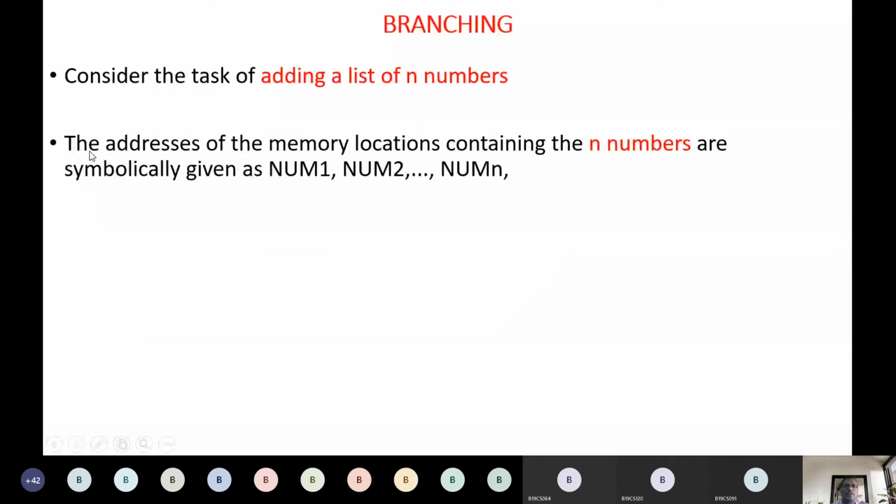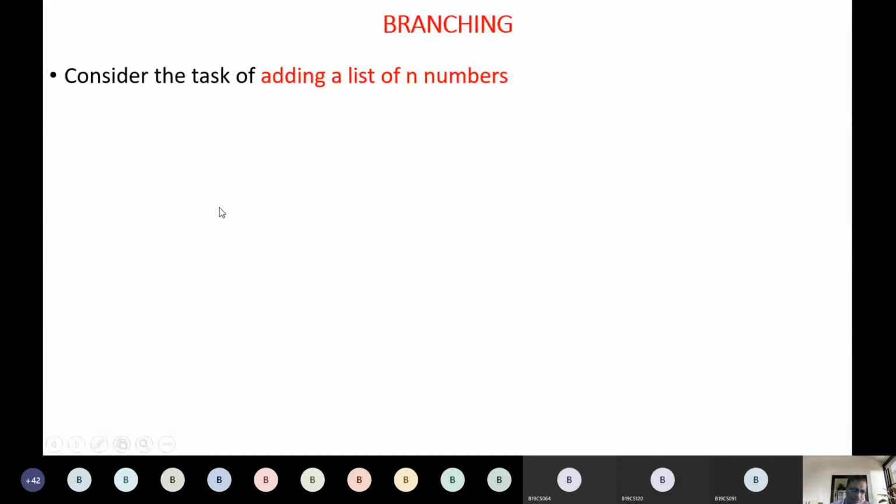Another thing is branching. Till now, what we have seen are sequential instructions, where instructions are executed one after another. We already know that in RISC one instruction takes one word; that is, one instruction is stored in one word.